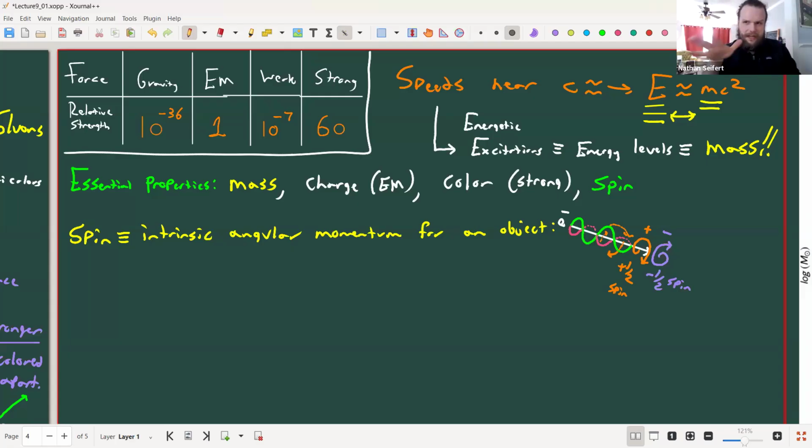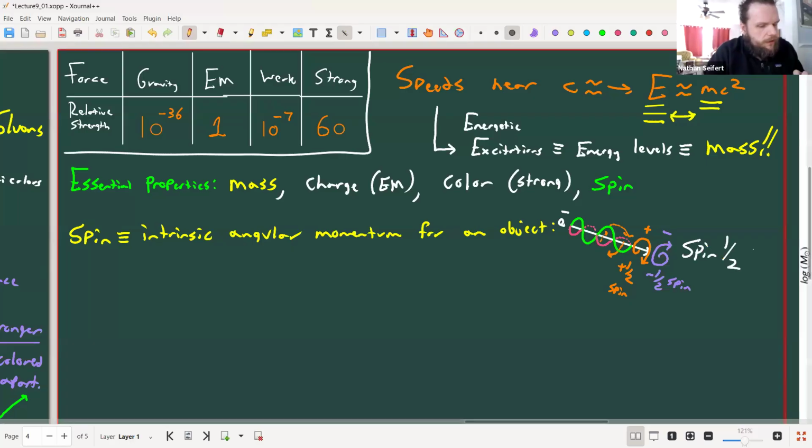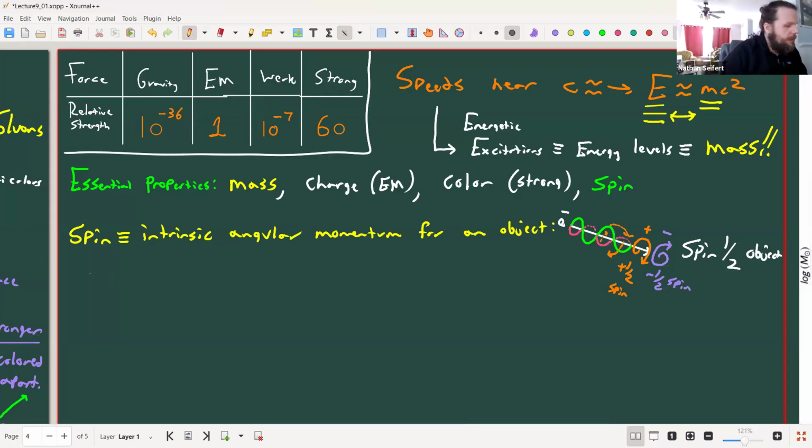Turns out this is more complicated than this because you can have all sorts of different types of spins. It's not just 1/2 and minus 1/2, but other types. So we'll have to think about this a little bit. But that's a good way to think about a spin 1/2 object. But spin can take any number that's fractional or integer, it turns out. Okay, so there are two types of spin objects.